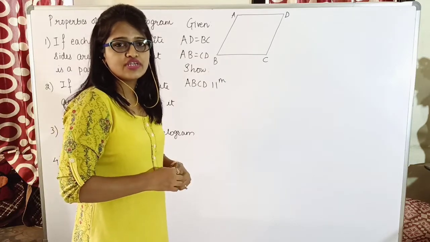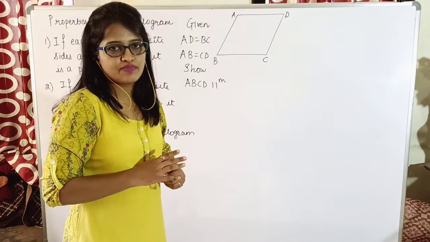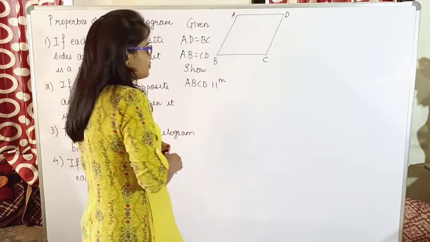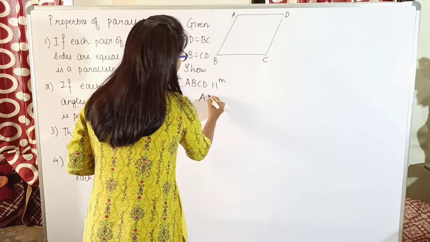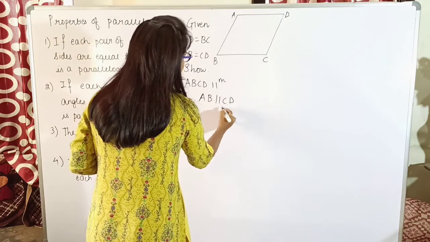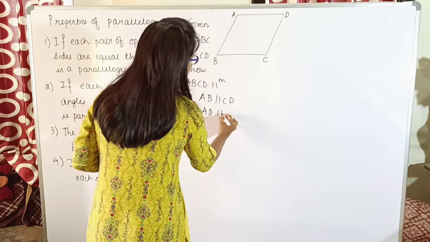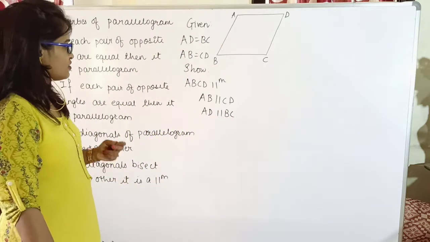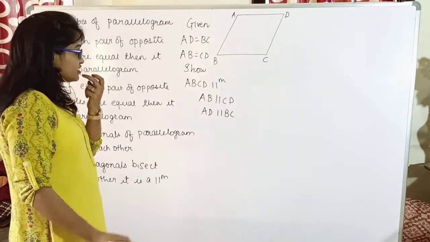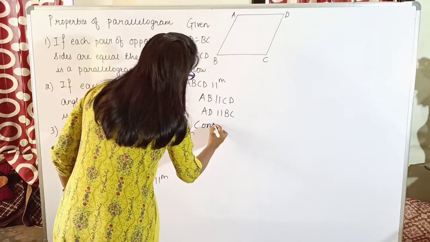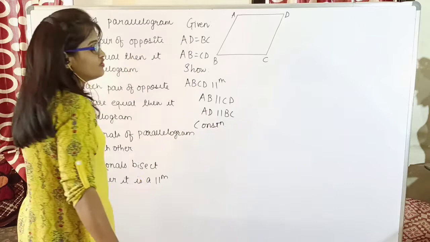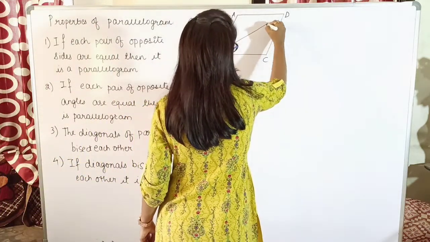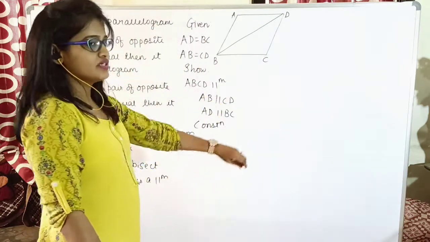Just as I have said, the basic property of parallelogram you have to prove. When do we call it as a parallelogram? When the opposite sides are parallel. So when it is said that ABCD is a parallelogram, I have to prove, it means I have to show AB is parallel to CD, whereas AD is parallel to BC. So once I show this, I can be saying that ABCD is a parallelogram. Now what we can do, there is one construction needed, and which is that you have to join one of the diagonals. Okay, let us join BD, just like what we have done in previous case.